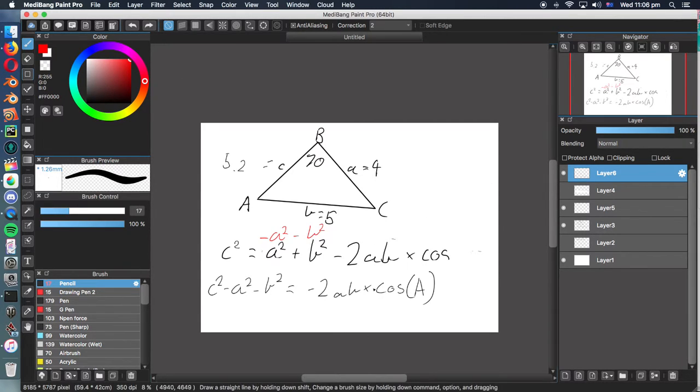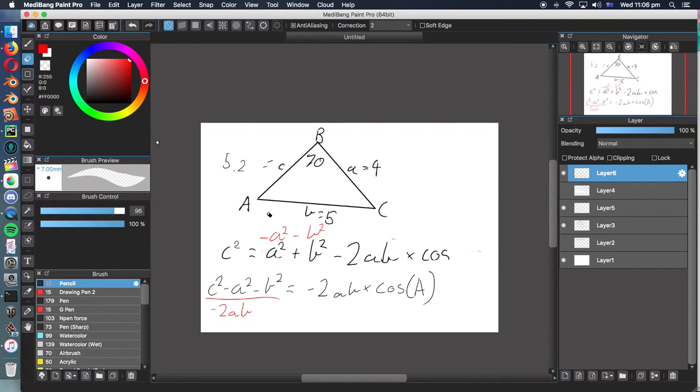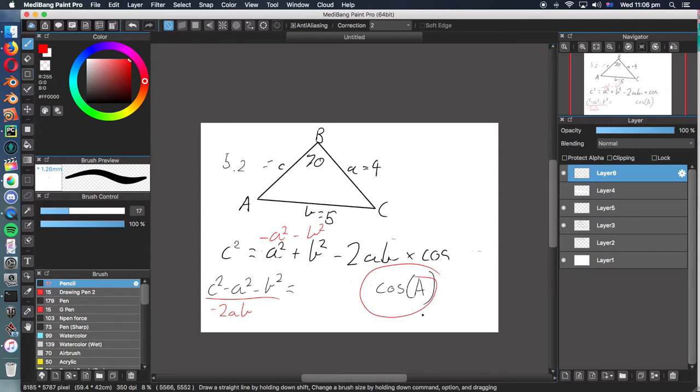So what's the operation here? It's a times, and the opposite of that is divide. So that will obviously cancel out, but now it's over here, 2ab. This cancels out, and I was too lazy, so I just erased it. So now the formula is c squared minus a squared minus b squared over 2ab equals cosine A. Congratulations. Now we have cosine by itself,